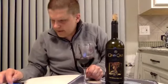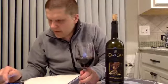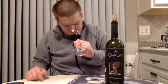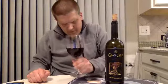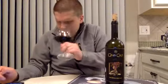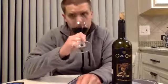Oh, wow. I did write notes for my log, so I'm going to read you what I gathered from my log. Dark berries, there is like a dark cherry. Wow. Big dark berries. A little bit of that dark red cherry as well. There's some good spices. There's some good herbness going on in here. Actually, like a green pepper, a little bit of tomato,